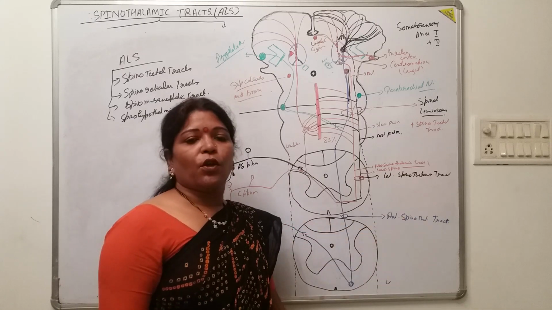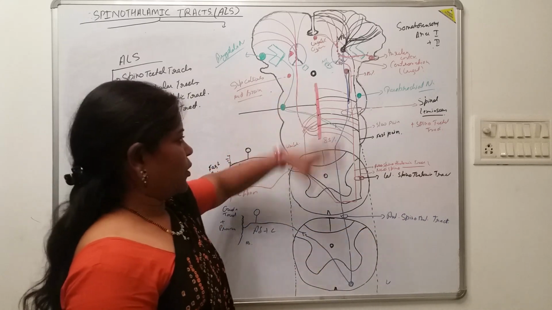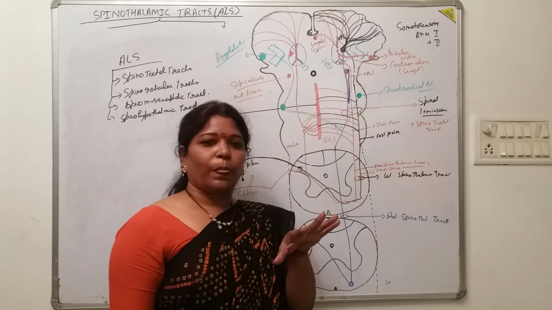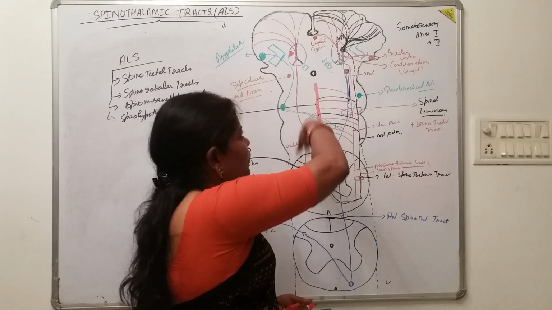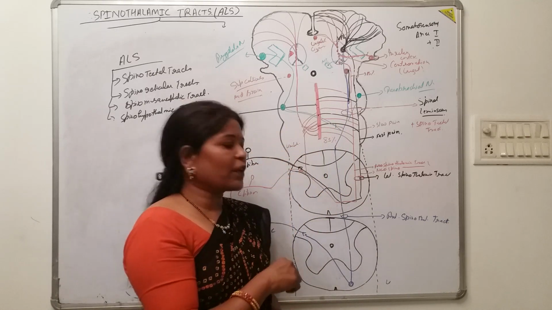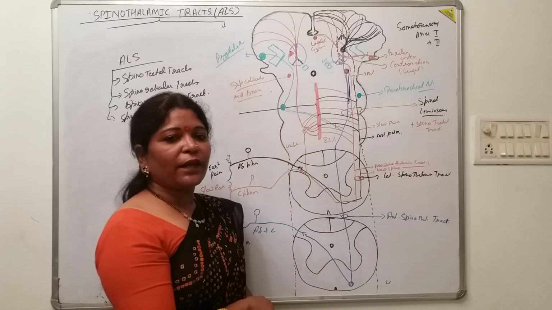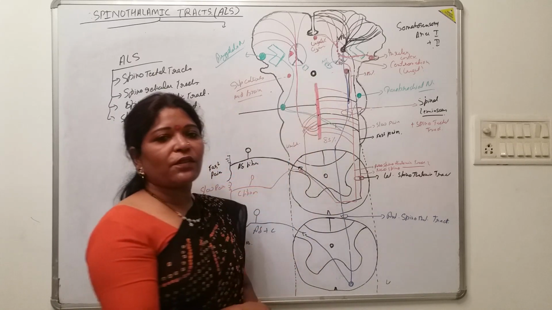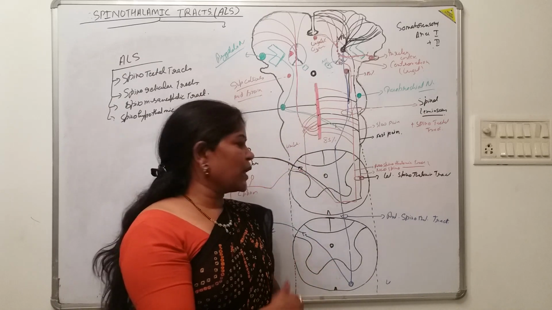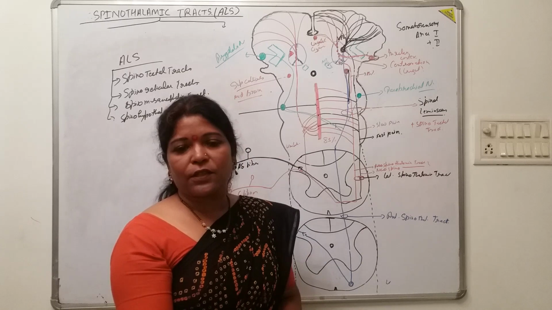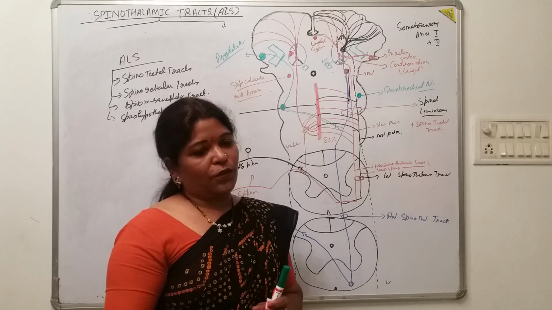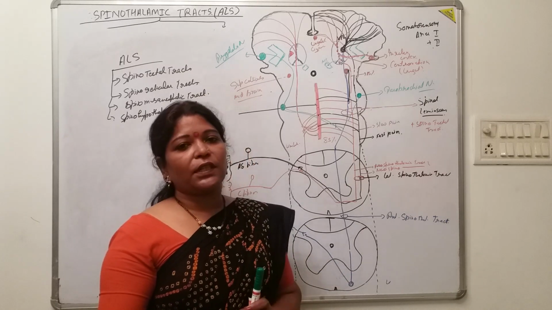In the next class we will deal with how these pain pathways are modulated. There is an inbuilt structure inside the brainstem here, so just remember this diagram for the next class. There are some important structures in the spinal cord and brainstem which are capable of modulating the pain sensation. That is known as the gate control theory and the descending analgesic theory, which is the inbuilt part of the central nervous system. So in the next class we will deal with the pain modulation theory.